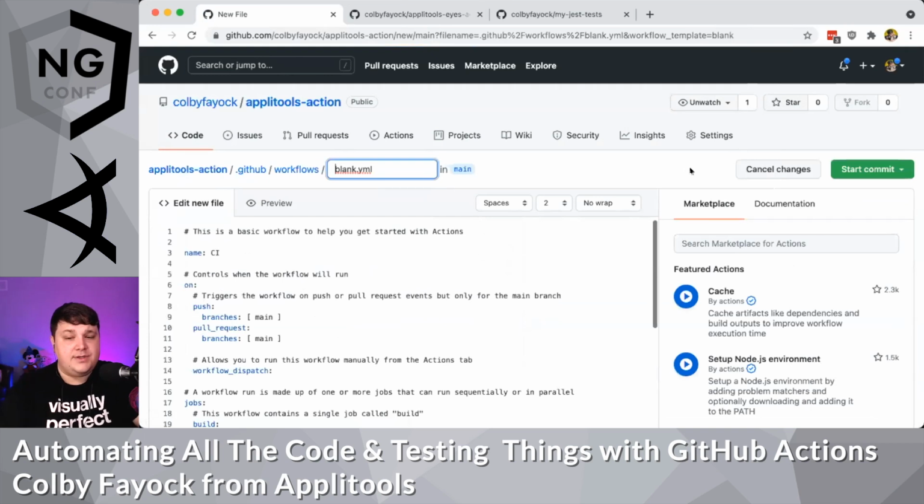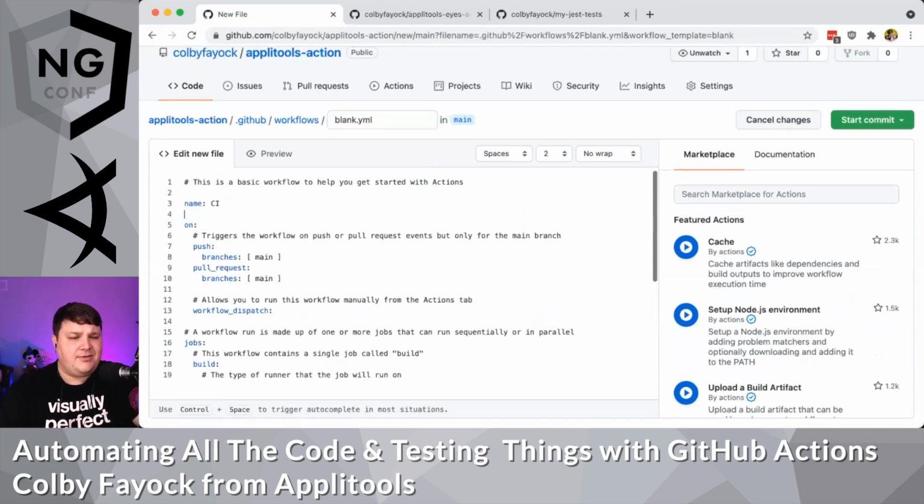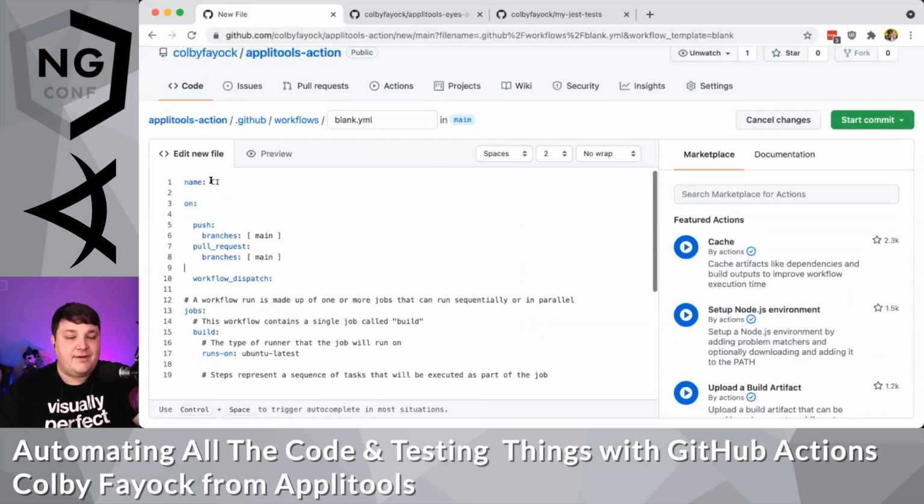Now, when GitHub opens up this page, notice that there's a lot of comments, which for our purposes probably makes it a little hard to read. So I'm going to start to delete these as I'm walking through it. But as we can see, starting at the top, we have our name. And how about we call this visual tests? And then we have this on property,